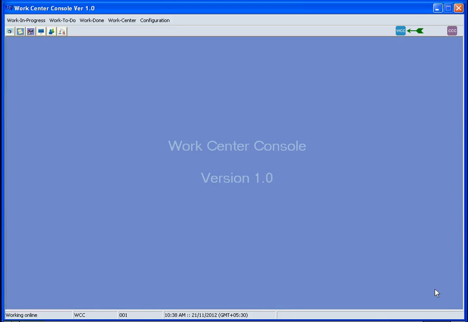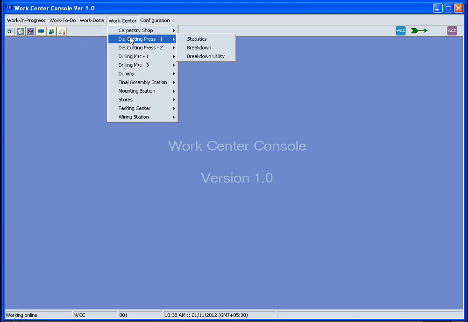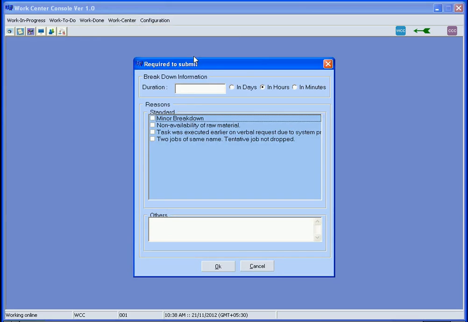However, think of a situation when the operator cannot work because of NSTZ or some other reason like shortage of manpower, etc. Then click on the Work Center menu, select a particular work center and select its breakdown utility feature to open a window where you can enter the duration of your breakdown utility and check some standard reasons. However, one can define one's own reason, but this functionality is kept disabled in this evaluation version. Press the OK button for deliberate submission or press Cancel to come out.